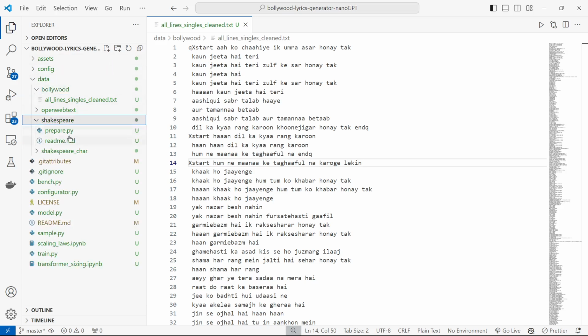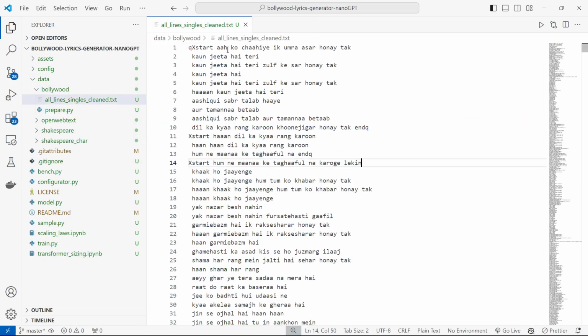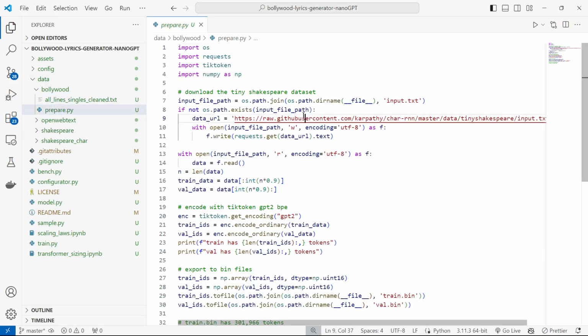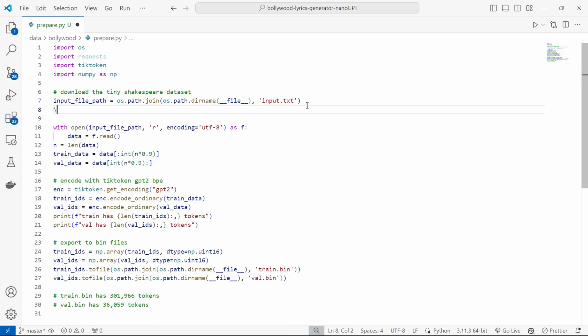Now go to your Shakespeare folder and copy the prepare.py, okay, inside the Bollywood folder. So I've copied it there. Now I'm gonna edit the prepare.py. What we need to change is this portion, because here it's trying to get the data from the internet. Of course, we can give our internet location for the data, but we don't need that here. Instead, what we're gonna do